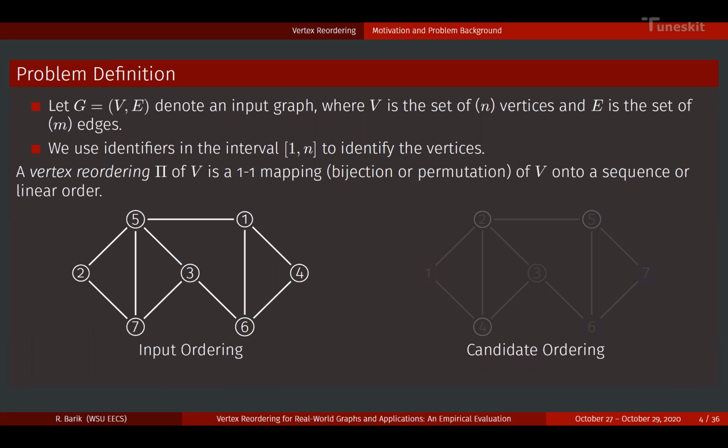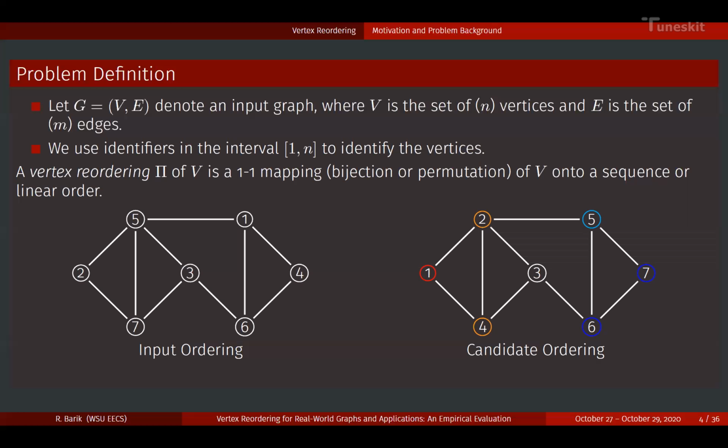Why do we need to reorder the vertices? What is the objective? Well, the goal is to preserve the neighborhood properties of a graph. In other words, we want vertices which are closer to each other in a graph to have labels that reflect that closeness. The candidate ordering figure that we have on the right, from the point of view of vertex 1,